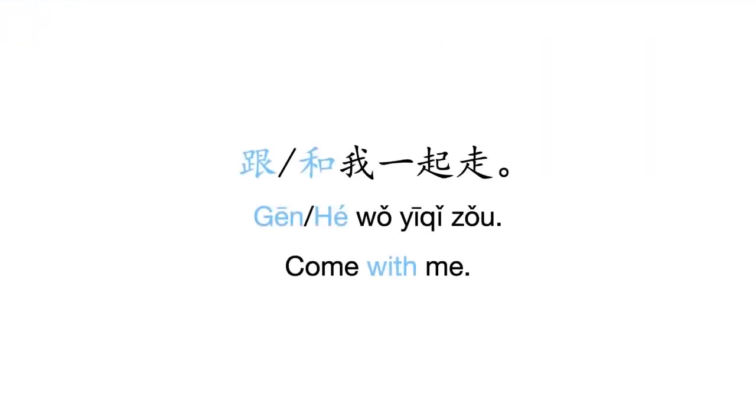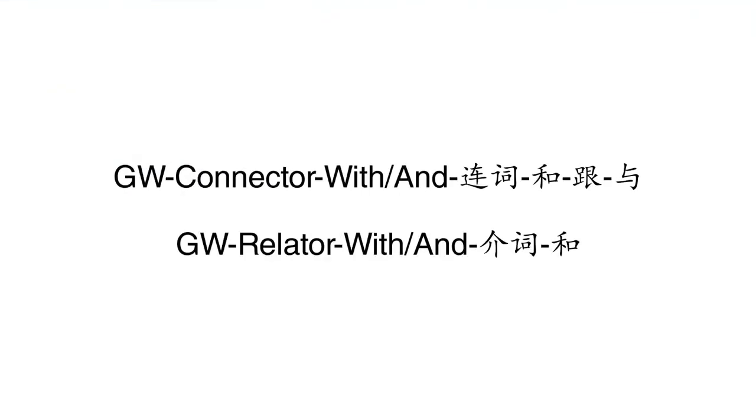So in that sentence, 和 would not be correct because there's no sense of follow inherent to the character. However, if you add 一起, then you could say 和. So for example, you could say 和我一起走. Come with me. And so like come with me together. 一起 means together, right? So 跟我一起走, 和我一起走. Both are fine. So remember to search for the tags GW connector with and 连词和跟与 or GW relator with